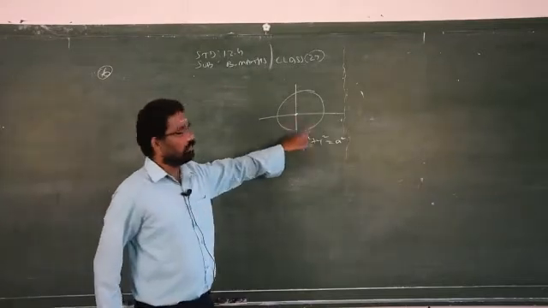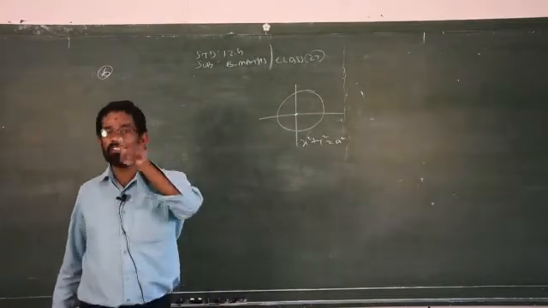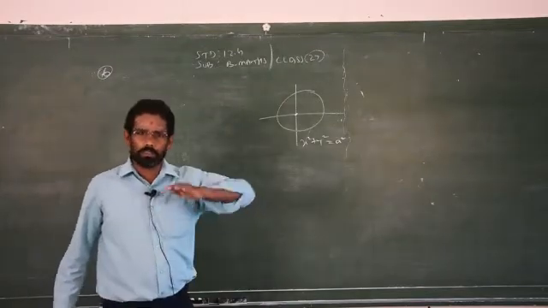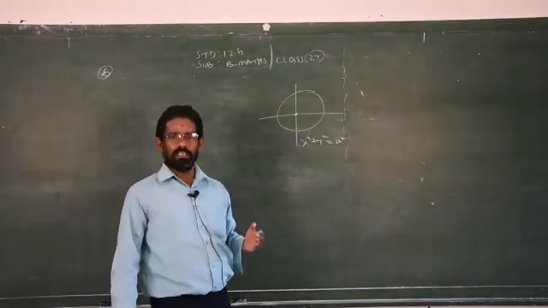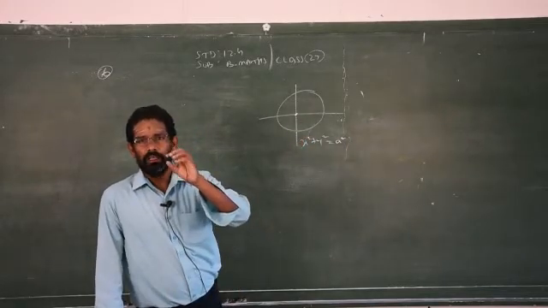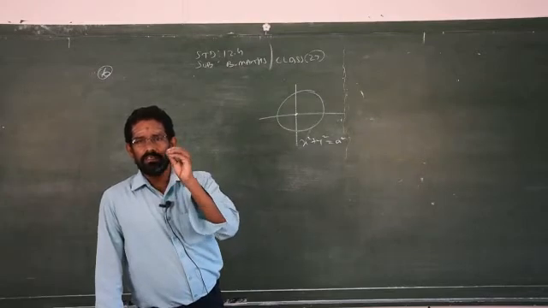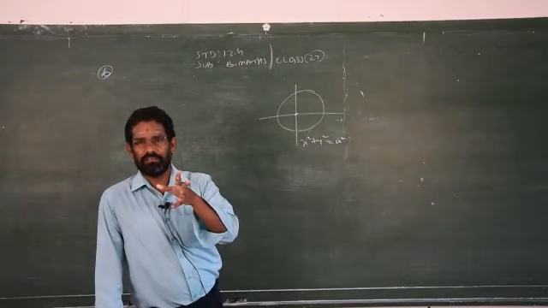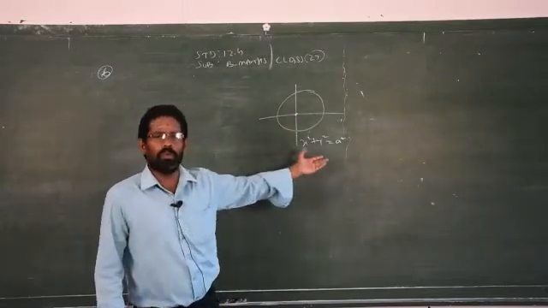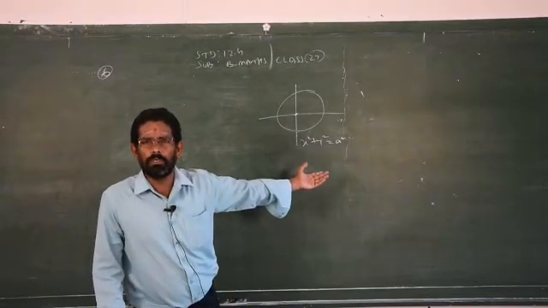The center of the circle is not the origin. The circle is passing through the origin. A circle passing through the origin is totally different from the center of the circle being at (0, 0). Don't confuse. Clear? It is given very clearly. This origin is not the center of the circle. When the origin is the center of the circle, this is the general equation. So no problem, this we did already in question number 2.